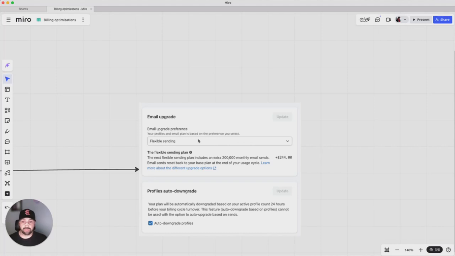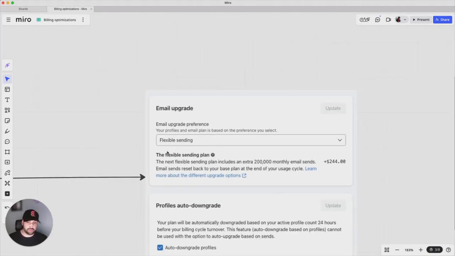Now, this is, I believe, turned off by default or set to automatic upgrade. I don't fully understand the nomenclature. It's a little bit confusing, which tends to be the trend with some of these platforms. But what you can do is come into email upgrade preference and select flexible sending. This will allow you, let's say you have a plan that you stick to pretty consistently throughout the entire year,